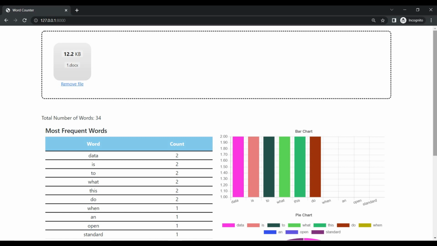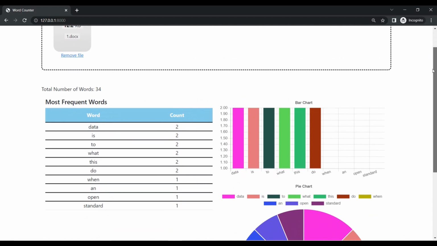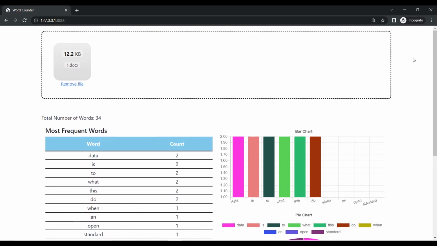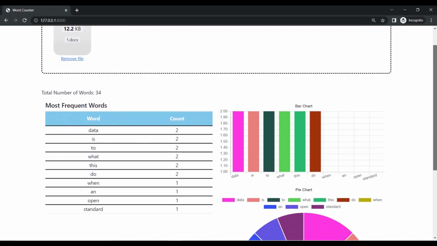This is the first video I'm going to upload to my channel, and in fact this is the first project we're going to create together. We're going to create a word frequency counter using Django and Dropzone.js. We're going to write Python and some JavaScript code, and this is what we're going to have at the end